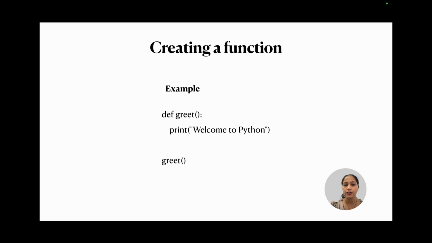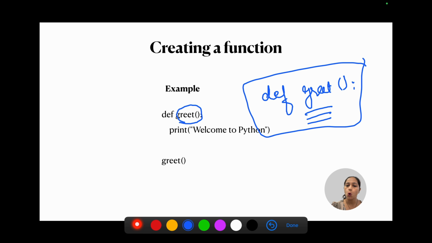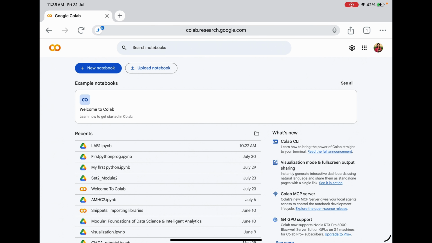We have created a function greet. For that we have written the keyword def followed by the function name, which is greet, parenthesis and colon. Empty parenthesis means there is no argument going inside the function, followed by the body of the function, whatever you want the function to execute. And once you have written this function, you will call it somewhere. You simply take the function name and parenthesis, it will be called and done. Let us try to do it in Google Colab. Okay. So let me create a new notebook here.